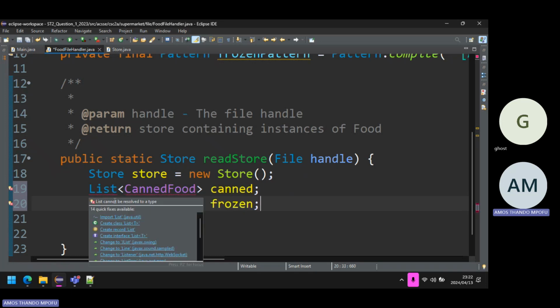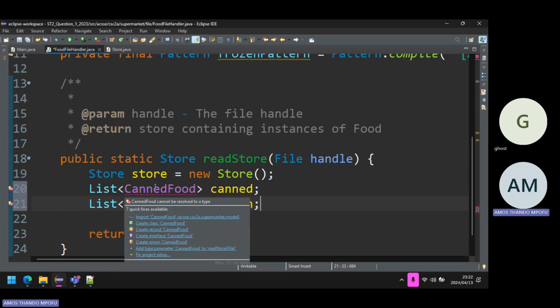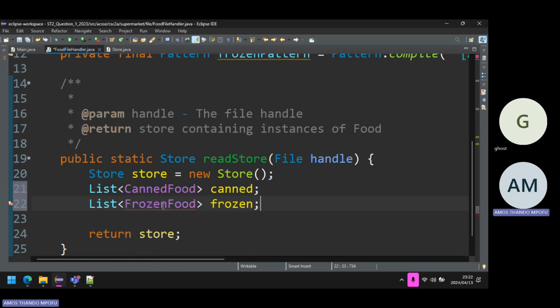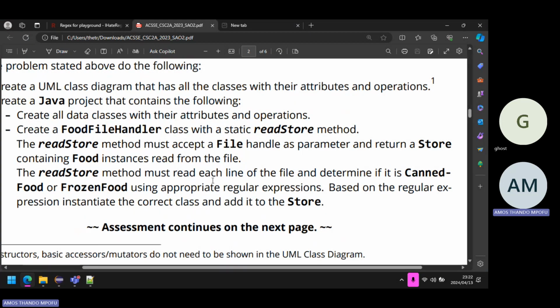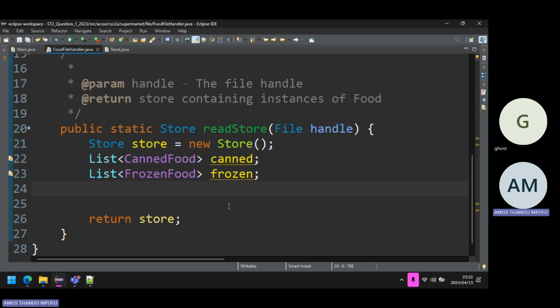And then I need to import, because this is a different package. So I'm forced to import. If it was the same package, I wouldn't be forced to import. So let's look at it. You must read each line, blah, blah, blah. Okay, so it's not a problem. So we need to